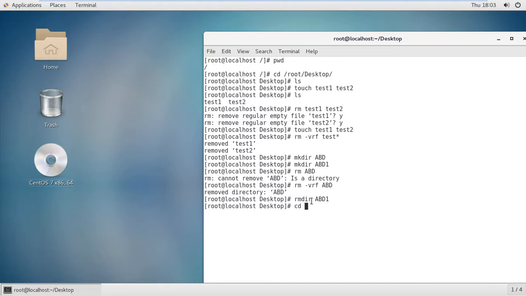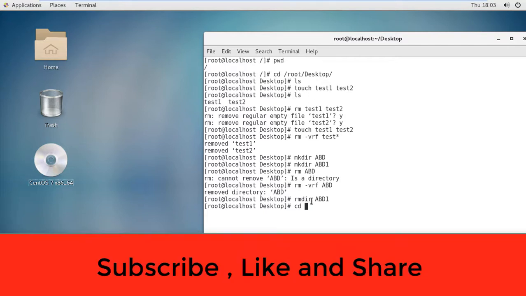I will discuss it in the next video as well. In the next video I will cover the file structure details, not just basic ones. I will cover the difference between GUI Linux and the terminal, why we are using it, and then we will discuss absolute path and relative path. We will also discuss how we can go back steps in Linux, like if you are in root desktop and want to go to root.